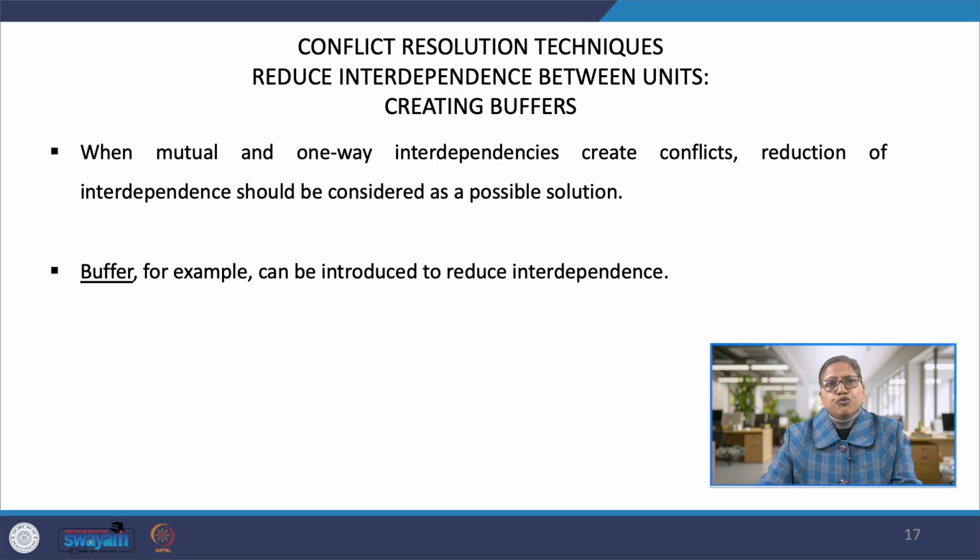So, one solution involves creating an inventory of X's output as a buffer. That means you create more in abundance as a buffer, which will help reduce the interdependencies between X and Y. The interdependency of X and Y can thus be reduced.